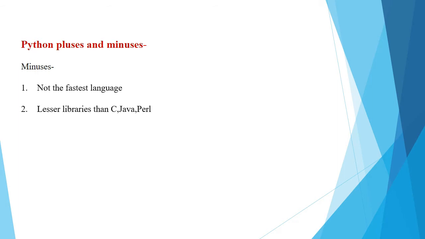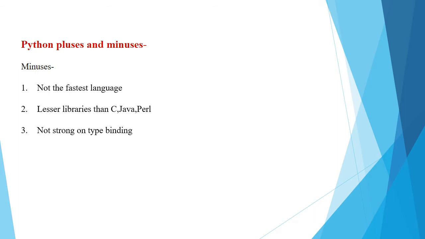Next thing is that it is not strong on type binding. Type binding means Python is not very strong in catching type mismatch errors. Why is it so? Because it is very programmer friendly, the syntax has been written in such a way that you don't need to give any data type for the values you are giving. Suppose you write a equals 5, and then again you store in a some name, suppose Python. The same variable a has got different data types.